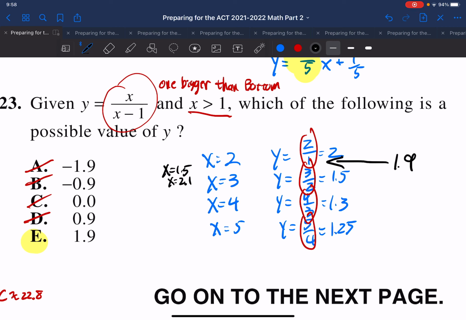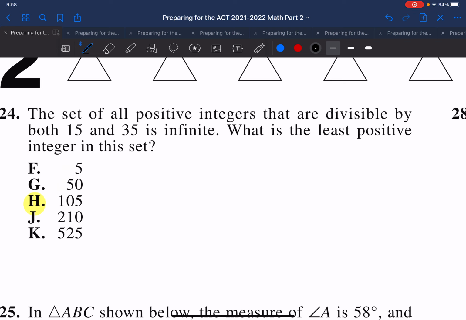Next one, 24. The set of all positive integers that are divisible by both 15 and 35 is infinite. What is the least positive integer in this set? So we want the lowest number. So what we're going to do is we're going to start here. We're going to start with the lowest number and start testing them. So, how do we test if it's divisible by both 15 and 35? We take that number and we ask,